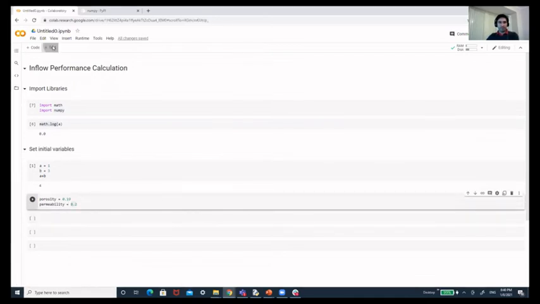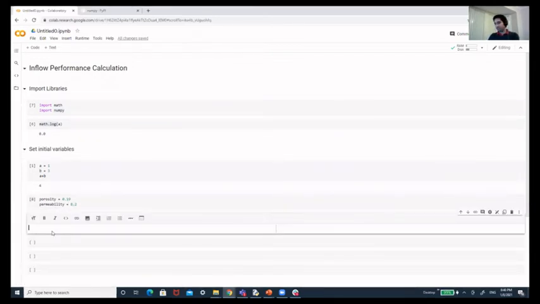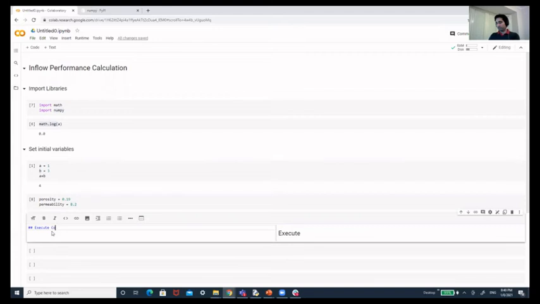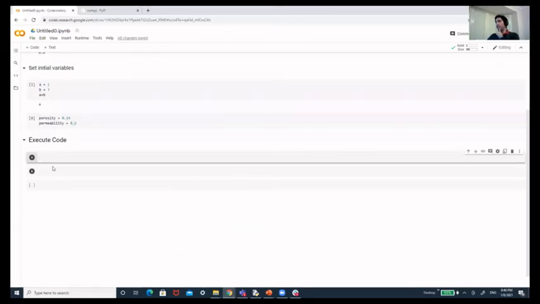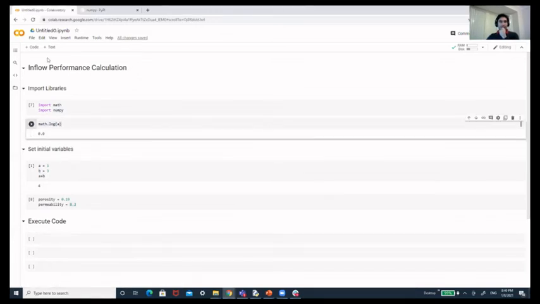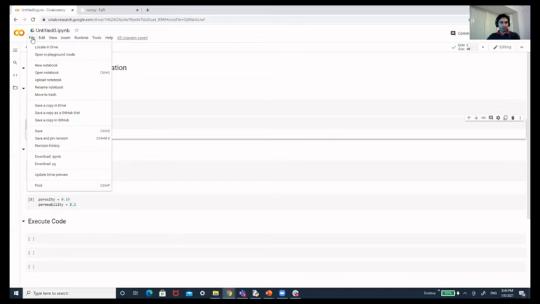Again, I need to set this up as text, and then we're going to execute code somewhere here. This is where I'm going to do my calculations. So far, you could see how nicely tidy this could be. In fact, you can also import images into this notebook, and there are some other things that you could do as well.